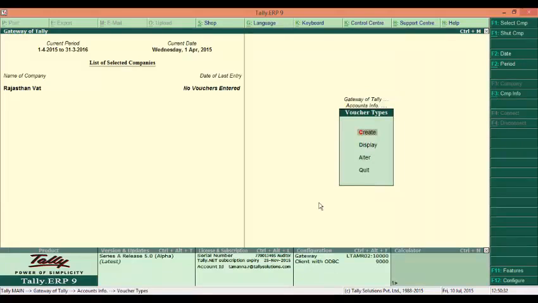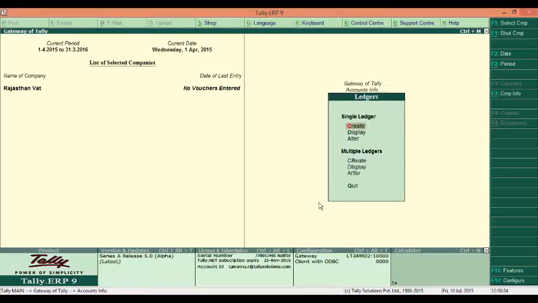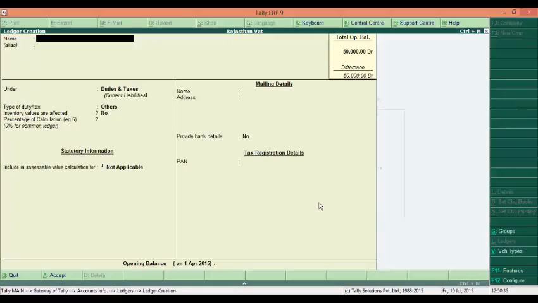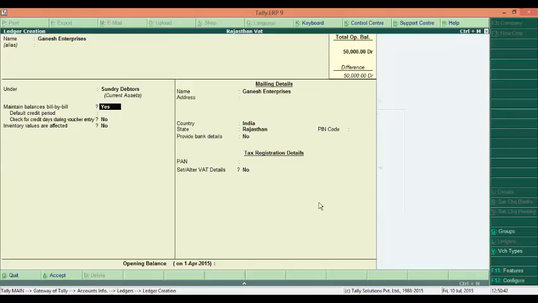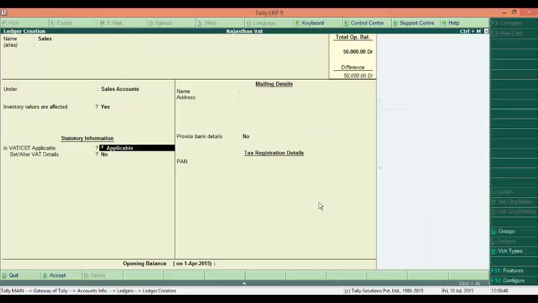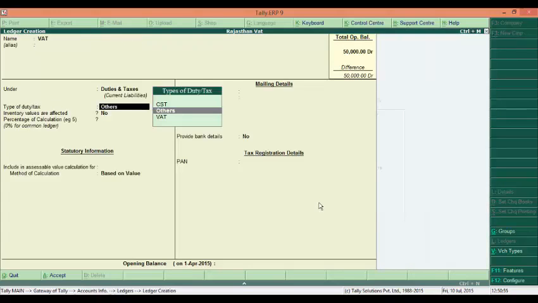We'll create a few ledgers. Ganesh Enterprises under sundry debtors, Sales under sales account, and the VAT ledger under duties and taxes.